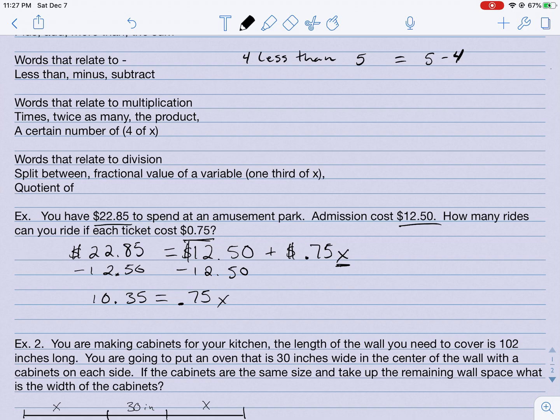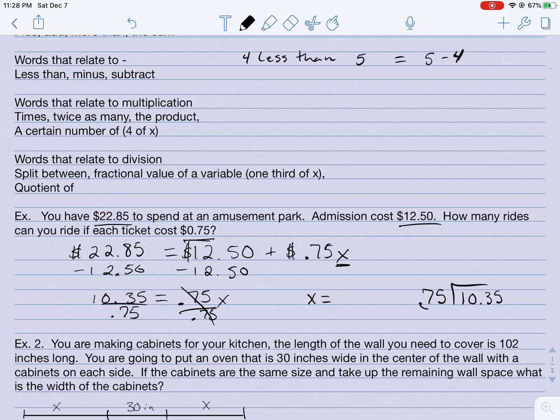So now our last step: we're multiplying x by 0.75. To undo that, we have to divide both sides by 0.75. That's going to cancel out. So then we're left with x equals, and that is going to be 0.75 can go into